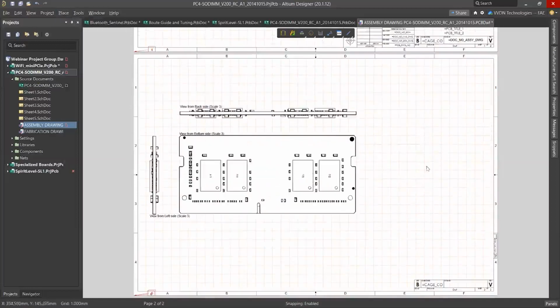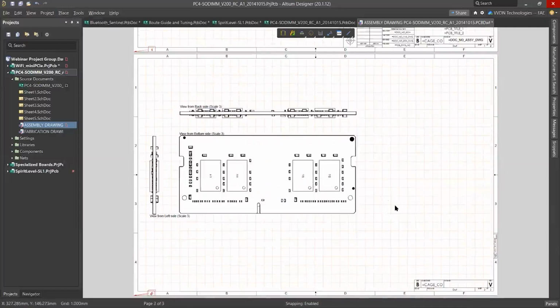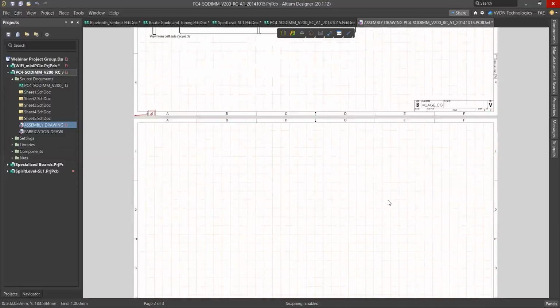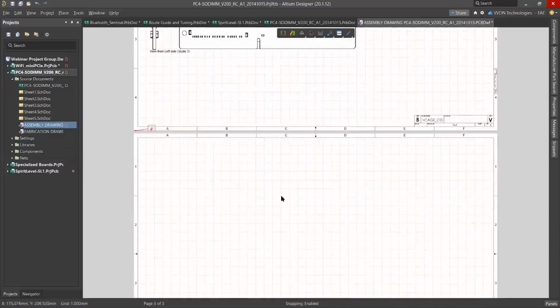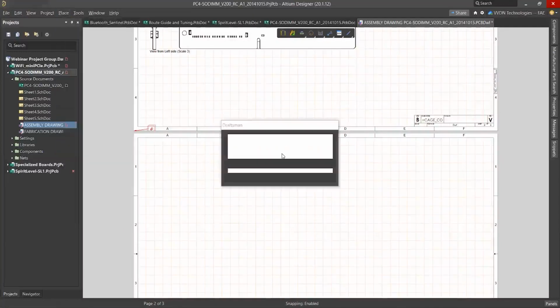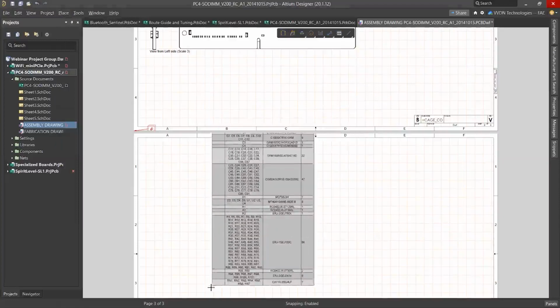Here you can see this one is the bottom view, and we can add any new sheet also from here. Like that we can add, and we can add a bill of materials also for this. It will fetch the data from our board, and we can place the bill of materials.